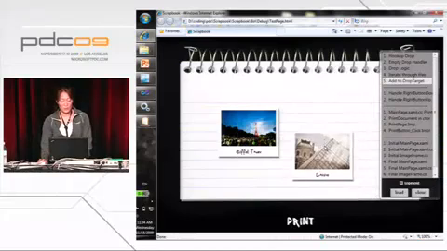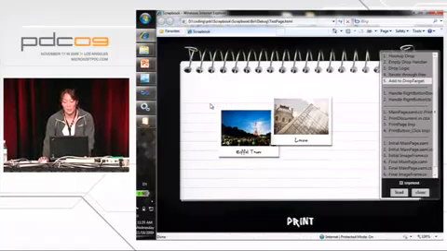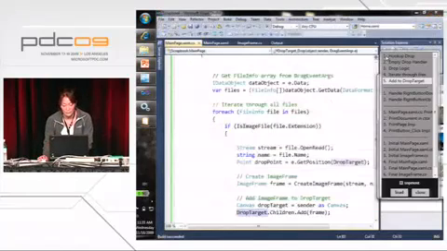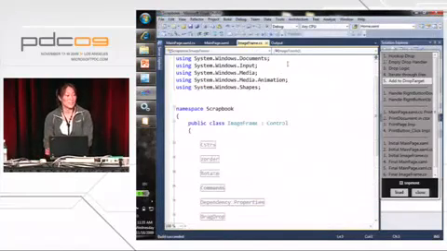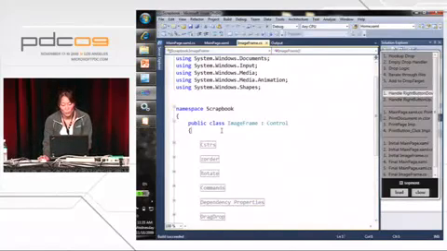And while I can move these around, I'd like them to be a little bit more interesting, maybe rotate them. So intuitively, what I'd like to do is have a context menu. But when I right-click, all I get is the Silverlight context menu. So let's go ahead and add that next. Going into my imageframe.cs, this again is my custom control. I can handle the right mouse